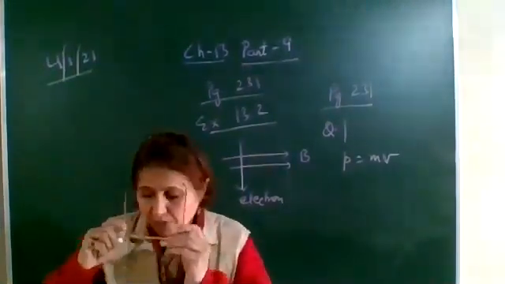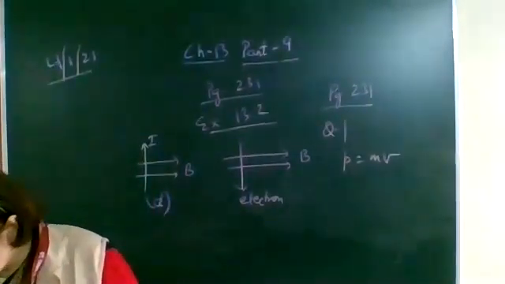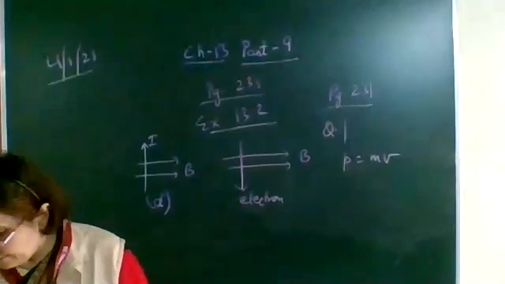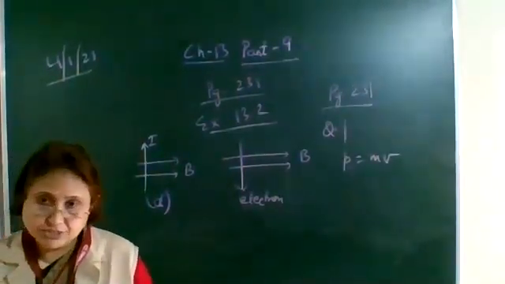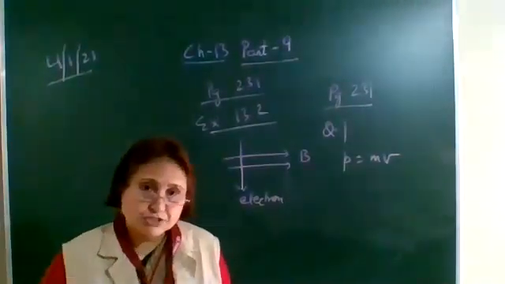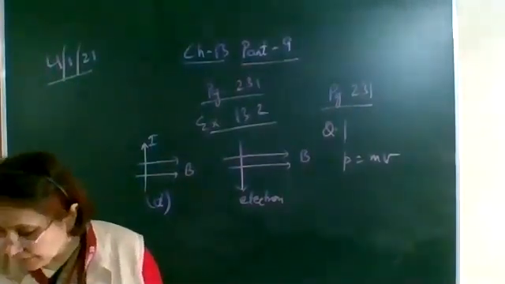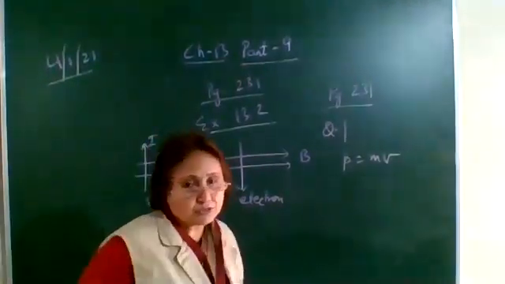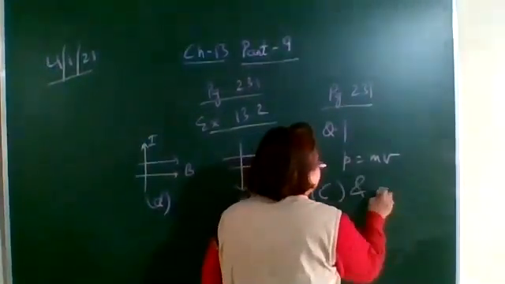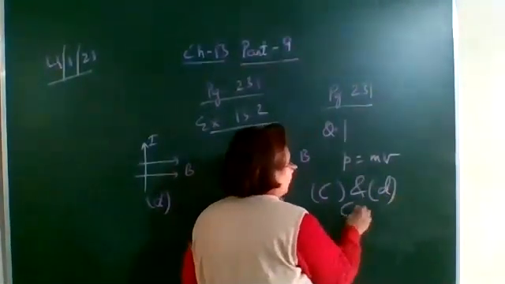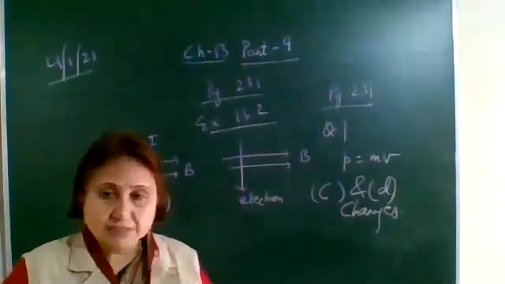So here the options given are the first one, A, mass. Here it is asked which of the following property can change. Mass doesn't change. We know about the conservation of mass. Mass never changes. B part is speed. It doesn't change. C is velocity and D is momentum. As these two are vector quantities, C and D, that is the velocity and momentum, change, whereas the mass and the speed remain the same.